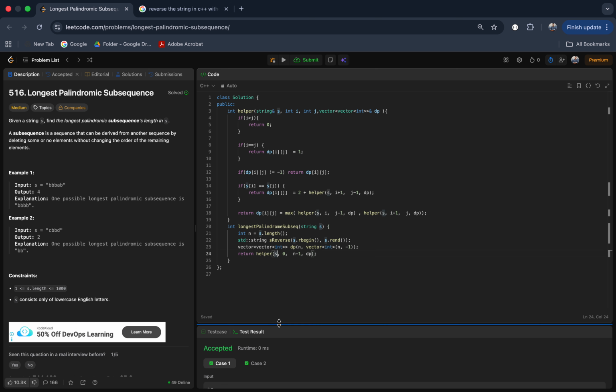Then now I can have my string, then string reverse, and I can start from the 0th index itself, 0. I will be having one int, then string ampersand s reverse,